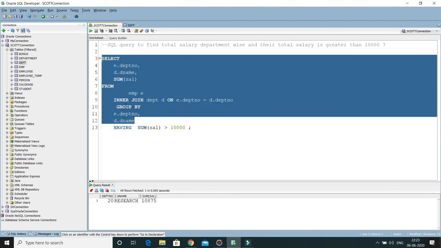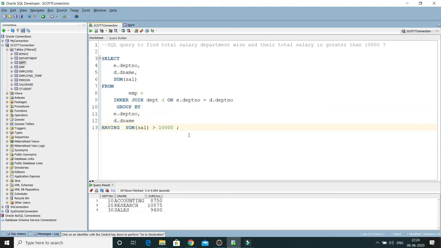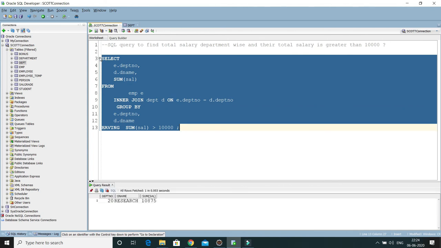So this gives you the total salary department wise. Now we want to apply some filtration criteria after dividing the information based on the group by, and that's what we have the having clause for. If I apply this having clause, then we get the expected result. So guys, you have seen how, once we divide the information based on the group by and afterwards we want to apply some criteria, we use the having clause just as a filtration criteria.